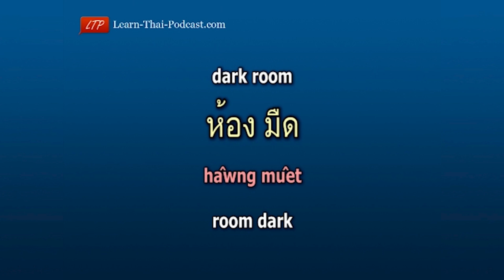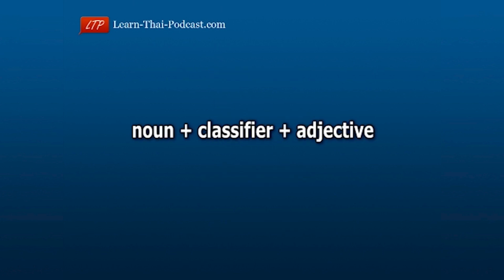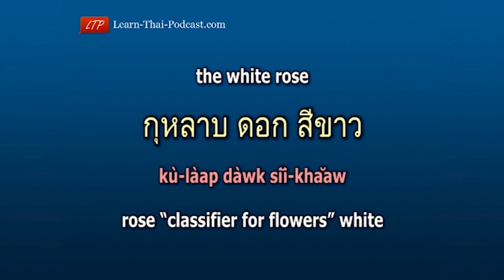When you want to differentiate the noun from other members of the same class, the appropriate classifier is used. For example, if you want to talk about a specific item. So the structure is noun plus classifier plus adjective. For example, the white rose. กุหลาบดอกสีขาว